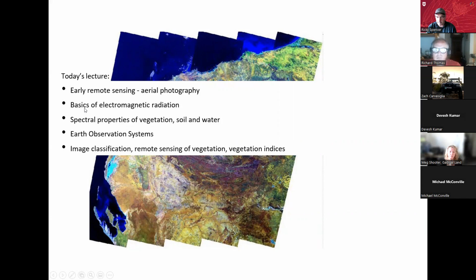They use the basics of electromagnetic radiation. That's the visible spectrum at that time. And then they look at the spectral properties of vegetation, soil, and water. Each of them, as we'll see in a moment, each type of